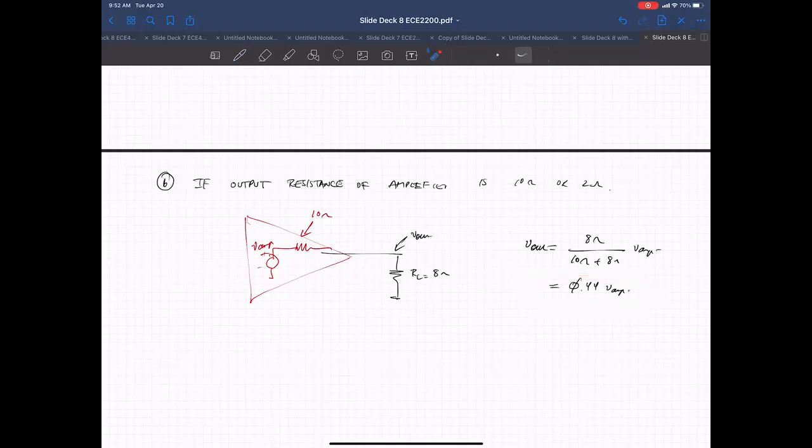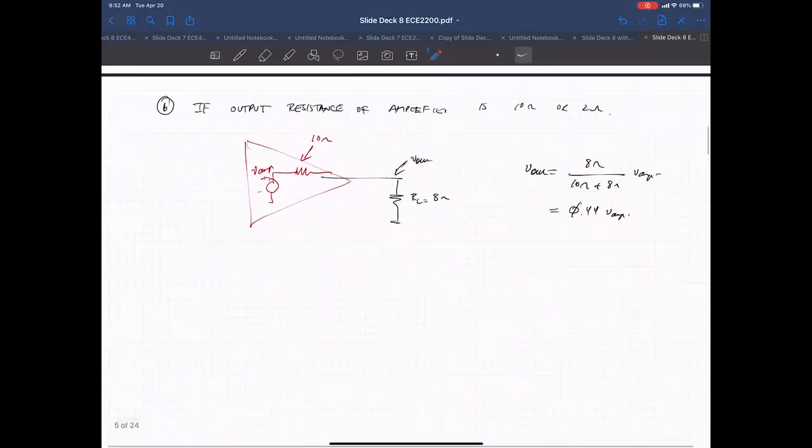So in this kind of situation, we've cut our amplifier output voltage by more than half. That means that we have to design our amplifier to have twice as much gain as we were expecting, just to be able to deal with the resistance of the load. Okay, and then the second example is